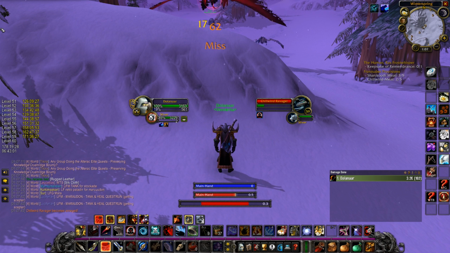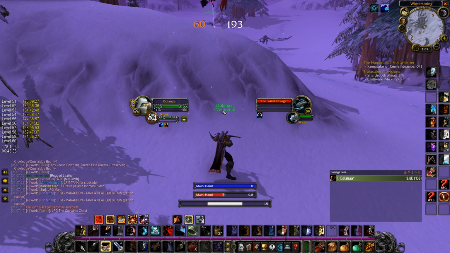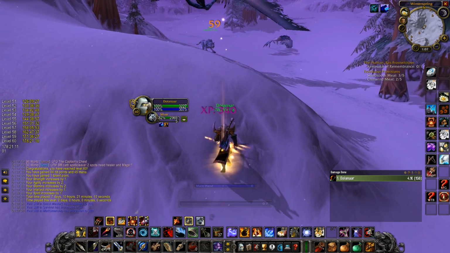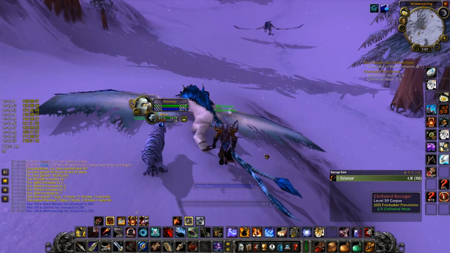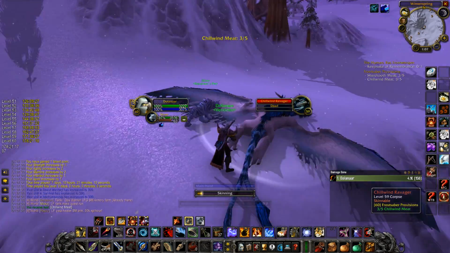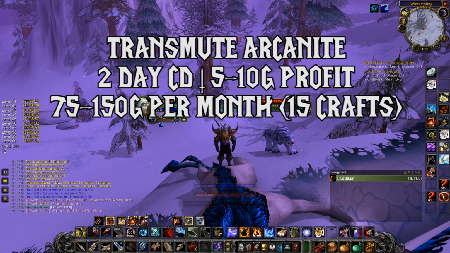There are more transmutes within alchemy, but none even come close to comparable against the Arcanite transmute, so I'm not even going to bring them up. To end this video off, I would like to do some maths just to show you how good this passive gold making really is. Transmute Arcanite has a 2-day cooldown and you can expect to get paid 5 to 10